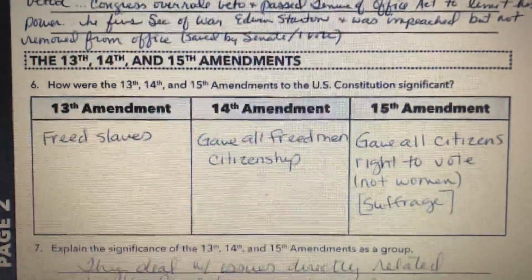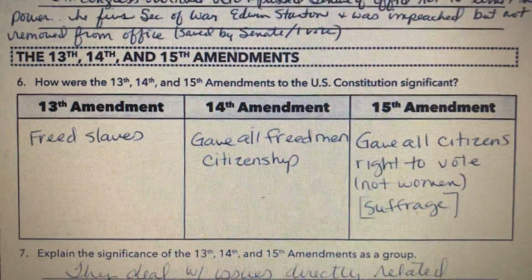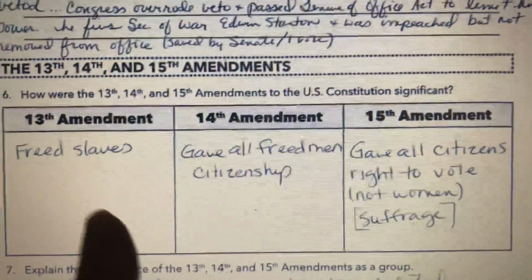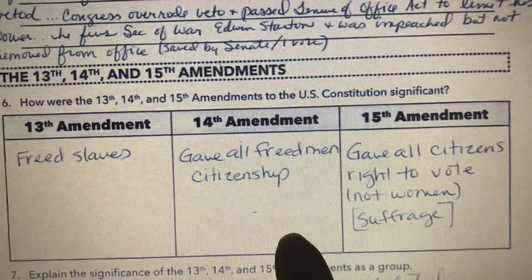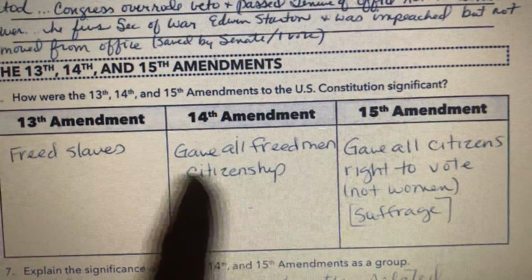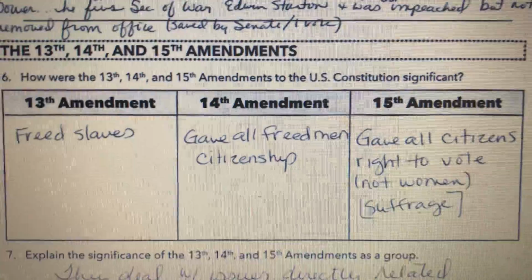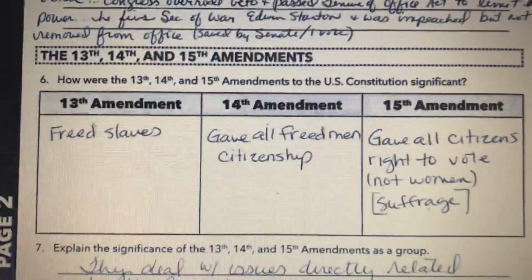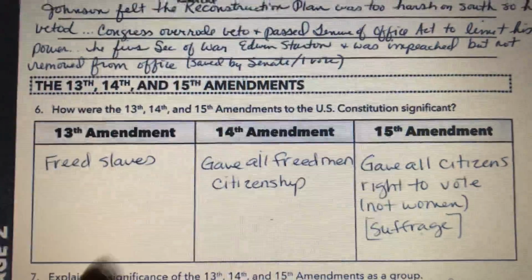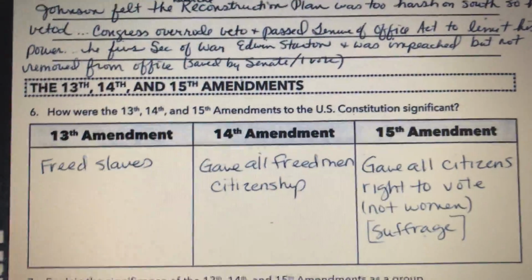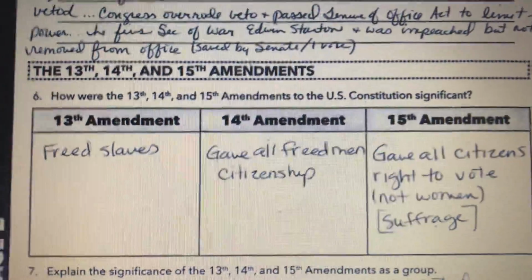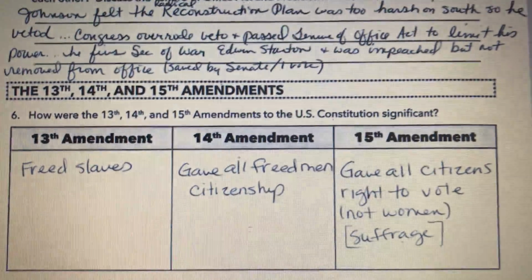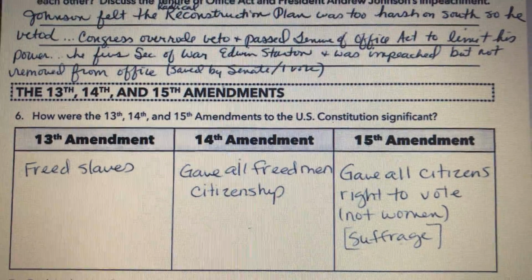Donald Trump. So, 13th, 14th, and 15th Amendment. Basically, I want you to remember this short way of remembering it. Freed citizens vote. The 13th Amendment freed all slaves. Remember, the Emancipation Proclamation had started that process by freeing slaves in rebellious states. However, this took care of all territory. The 14th Amendment gave all freedmen citizenship. That's citizens' rights. And the 15th Amendment gave all citizens the right to vote.